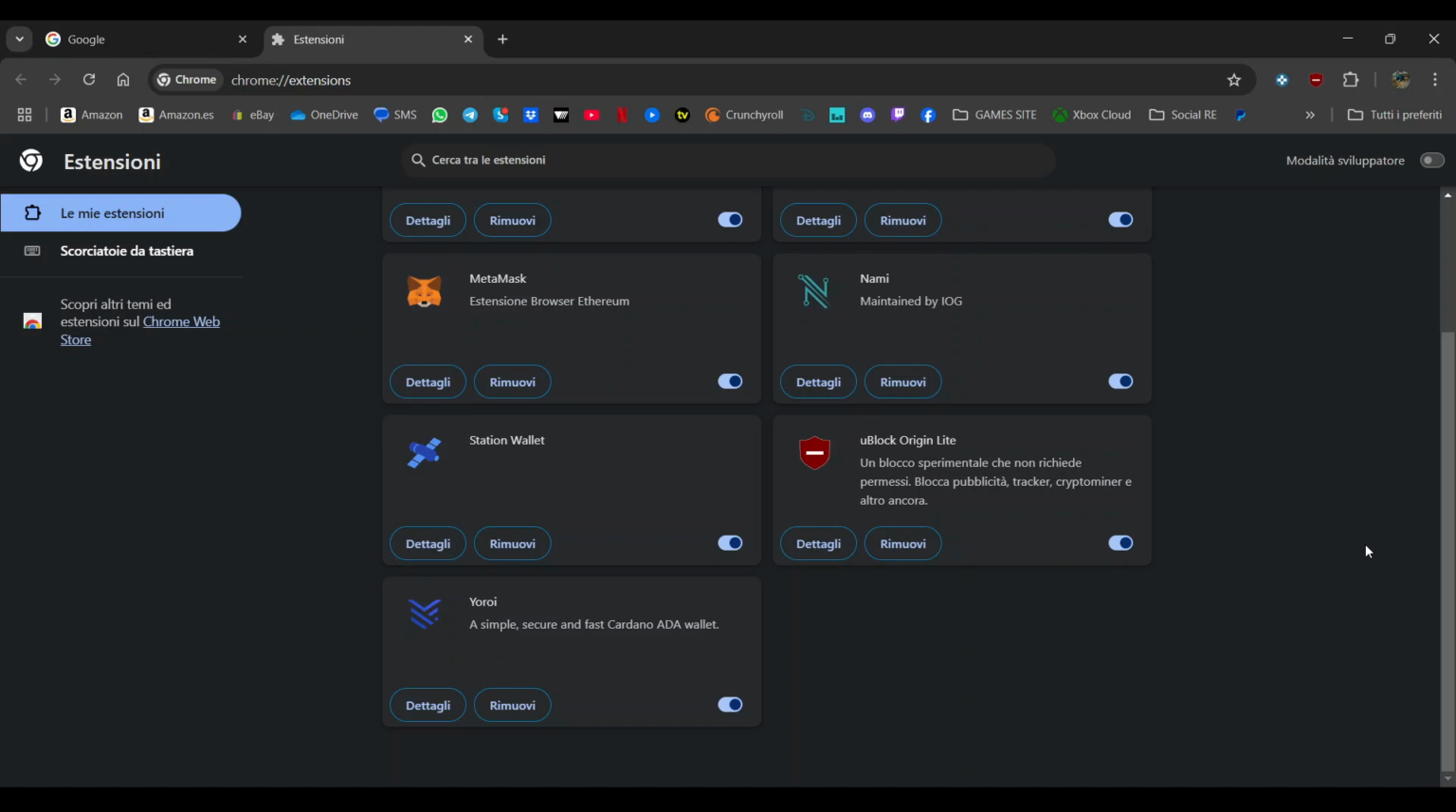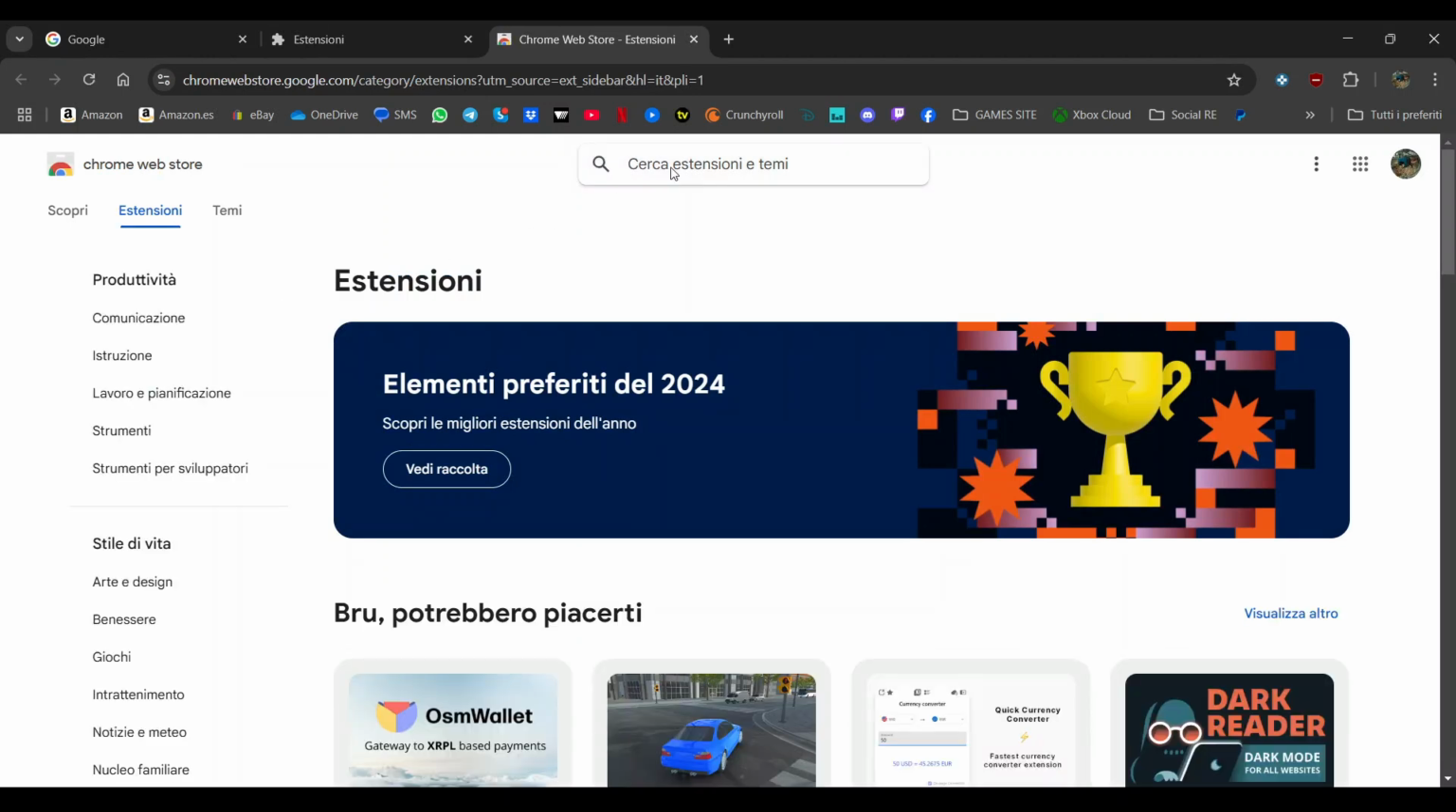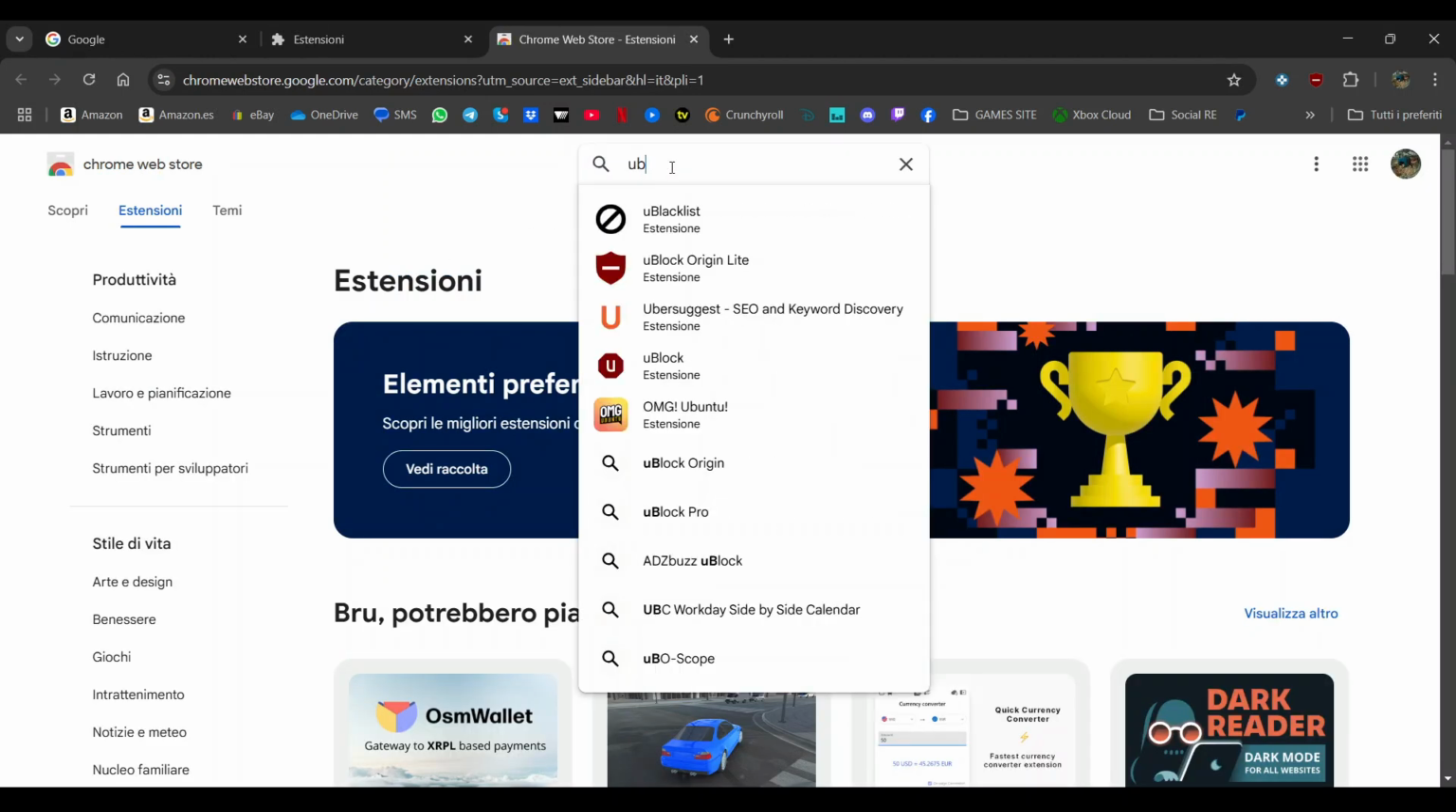Now we need to search for the new extension, which is from the same producer, so it has the same reliability as the previous one, but it is compatible with the new Manifest v3 and complies with the security and performance policies imposed by Google. Click on the left on Chrome Web Store. Here we are going to search for uBlock